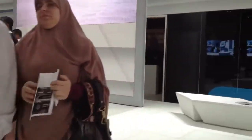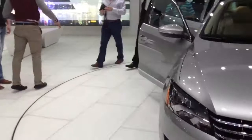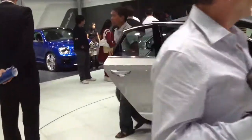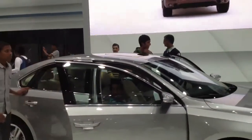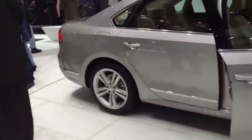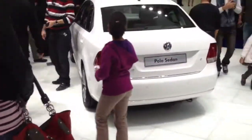Over here, we've got the new Passat. I don't know if you're familiar with this, but the Passat was actually launched and announced here in Qatar. This is what the new design looks like. It is extremely modern looking. It looks very cool. It's a very cool car. Now, we've also got the